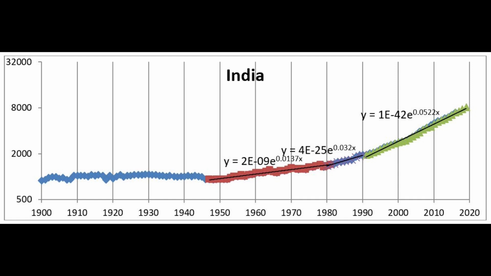From independence, which was 1947 for India, until 1980, India only grew at 1.4% per year. So that is not even keeping up with the US. So it's falling further behind during that period. And during that period, it pursued mostly fairly restrictive policies. Indeed, it became famous for having such a large number of permits that you're required to engage in any sort of trade or economic activity or innovation that it was called the Permit Raj.